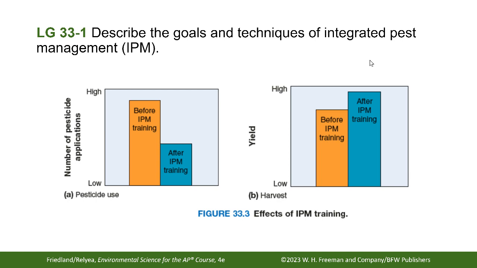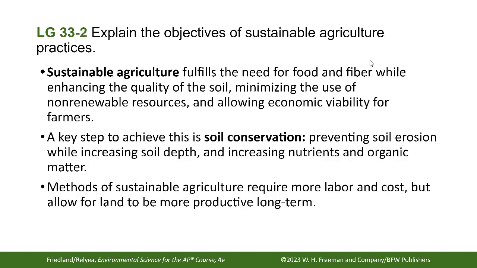This is a great graphic. Okay. So sustainable agriculture fulfills the needs for food and fiber while enhancing the quality of the soil, minimizing the use of non-renewable resources, and allowing economic viability for farmers. A key step to achieve this is soil conservation, which is preventing soil erosion while increasing soil depth and increasing